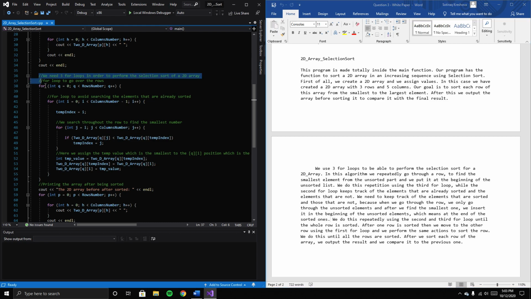And this is the algorithm. We need 3 for loops in order to perform the selection sort of 2D array. And in this algorithm we repeatedly go through a row to find the smallest element from the unsorted part, and we put it at the beginning of the unsorted list. We do this repetition using the third for loop, this one right here,